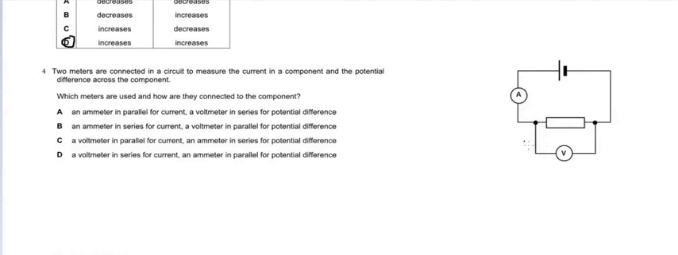So which can be the answer here? You can see first is ammeter in the parallel. So we know the ammeter, that is this one, can never be connected in the parallel, so this cannot be the answer. So here second one, ammeter in series for current and the voltmeter in parallel for potential. We know this is the answer because the ammeter is connected in series and potential difference meter, that is a voltmeter,